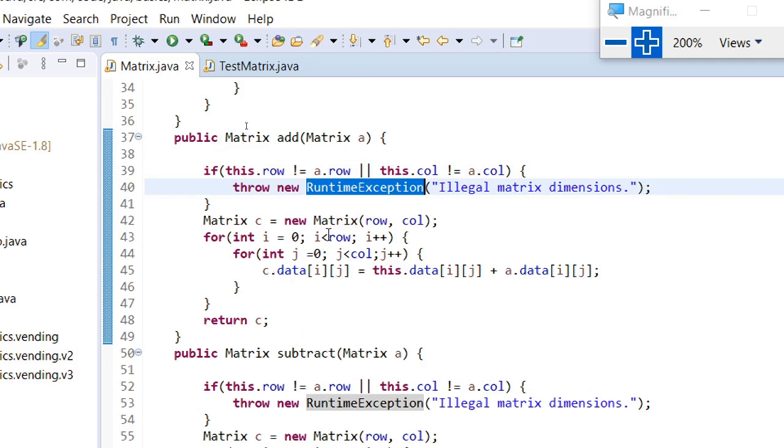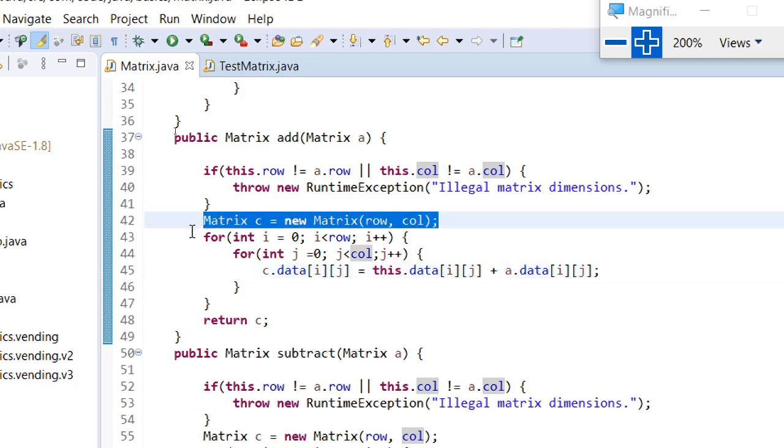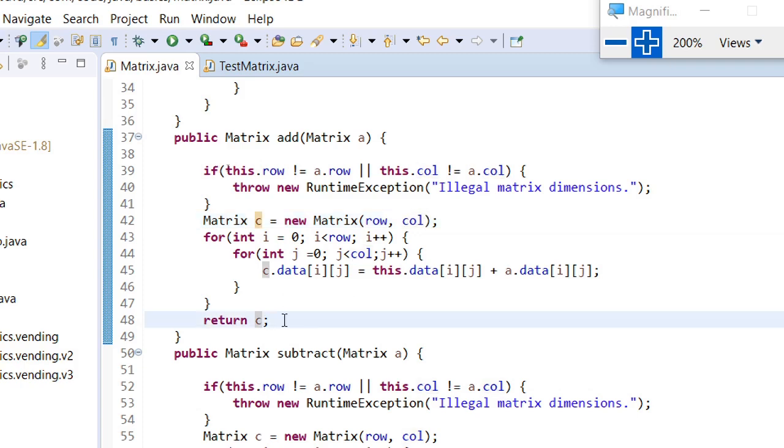After that, what I do, I have two matrices: A and the one that is called that object. So I'm getting that matrix by using this operator. Then for loops: the first loop runs till the number of rows and the second till the number of columns. Then I'm just using the function, adding both the elements. Here I am creating the new array, the size of which is number of rows and number of columns. Okay, then I am returning that array.